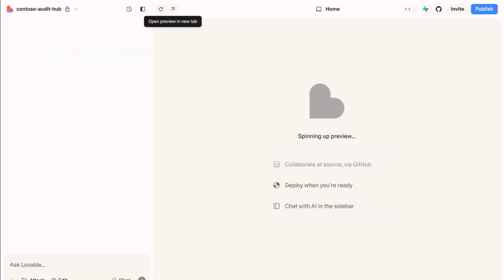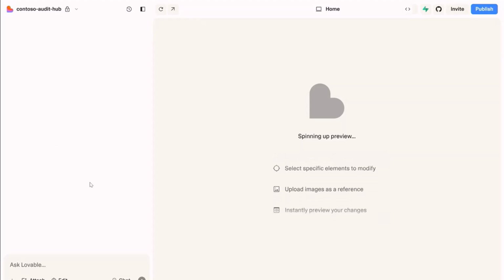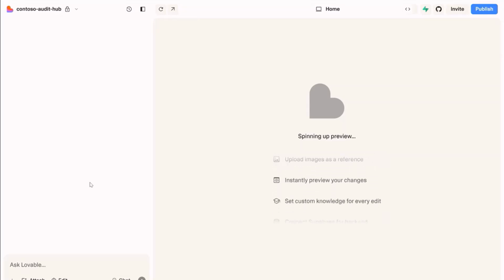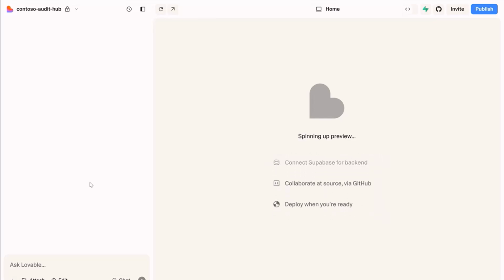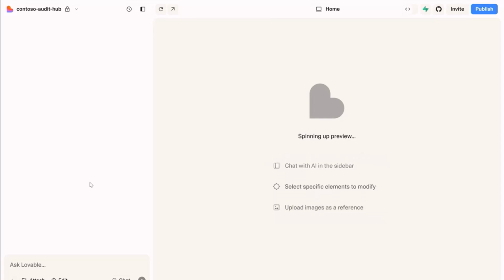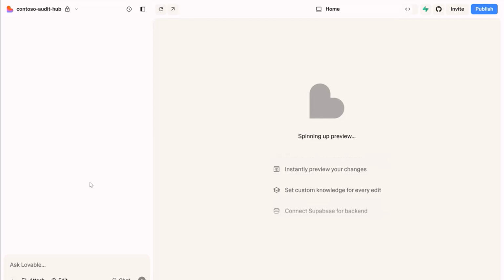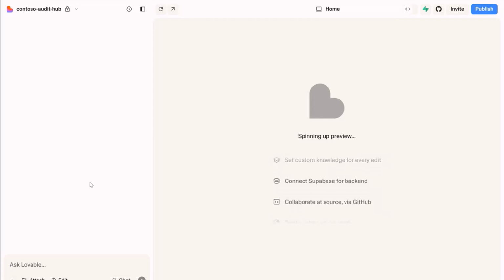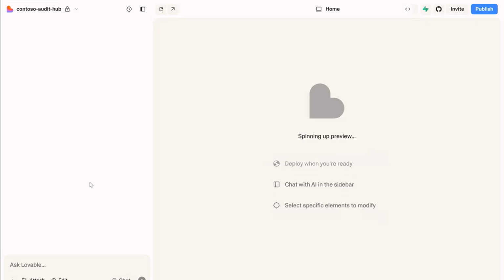So this is the kind of app that you can build right away. Looks like this one is still working. Again, it can take 5, 10, sometimes 15 minutes. It doesn't always work the first time, but you can iteratively say what your problem is and ask it to fix it. Again, you can do this with lots of different types of vibe coding apps that are out there and available. I really recommend you try it. It's a great way to prototype something. It might not be the way you build your production application, but if you're looking to build a prototype